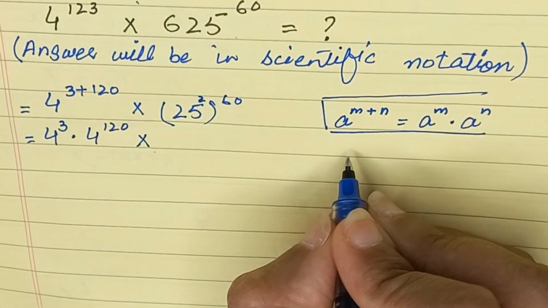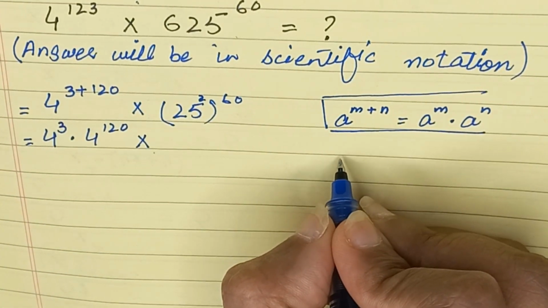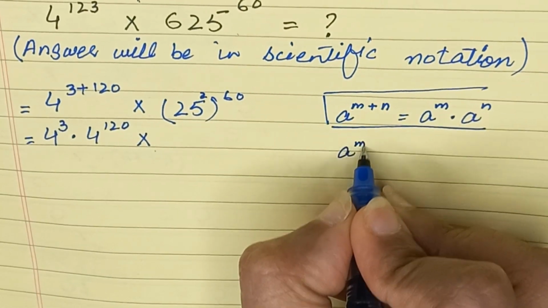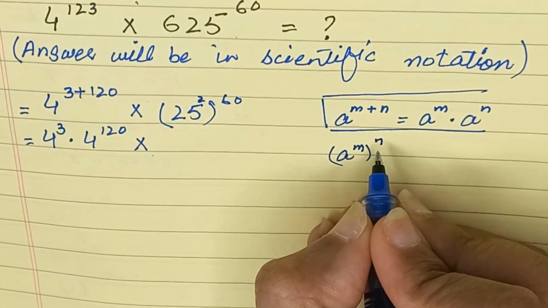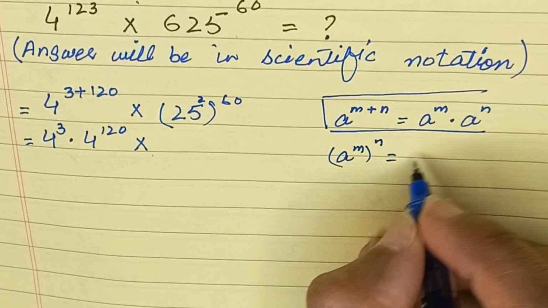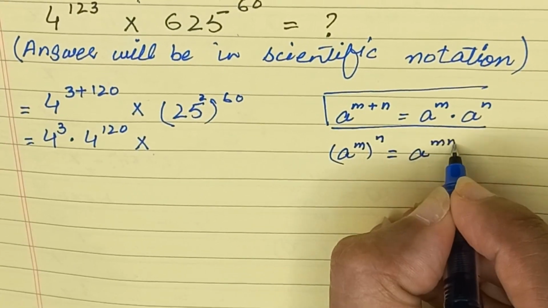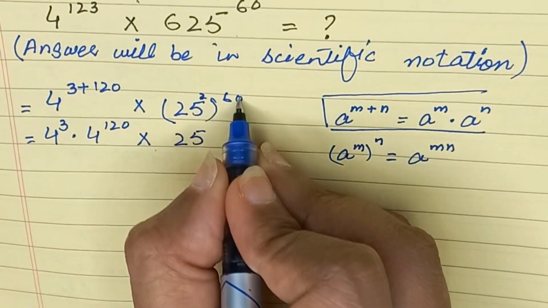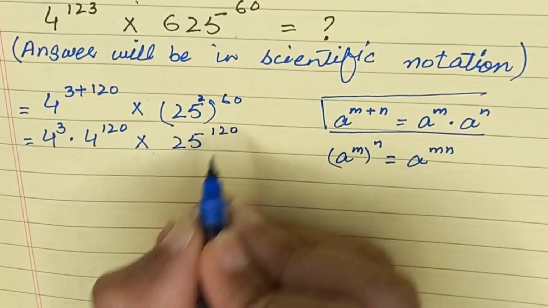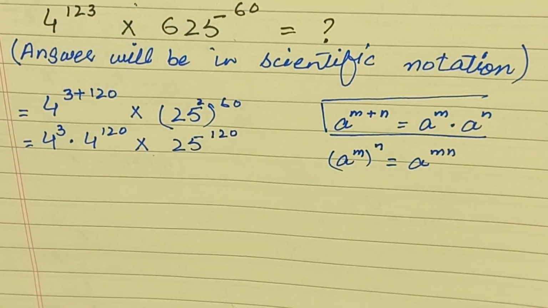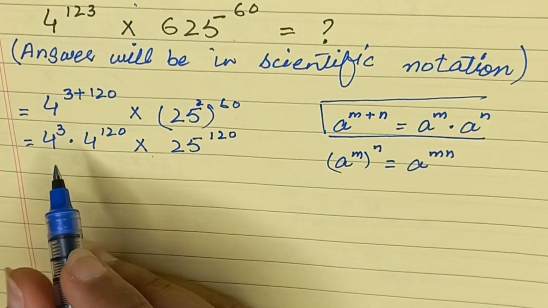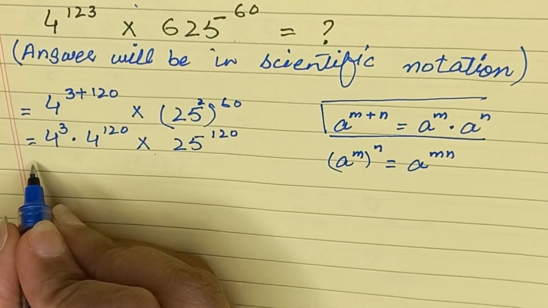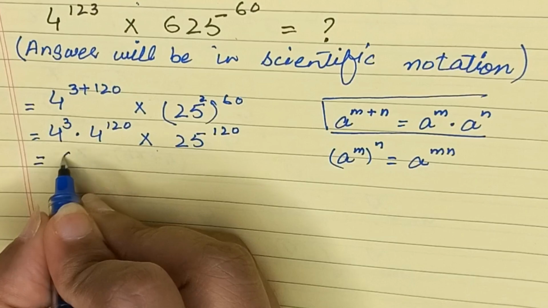And here we have used this exponential rule, which is a raised to the power m whole power n, equal to a raised to the power mn. So it will become 25 raised to the power 2 into 60 is 120. So from here 4 raised to the power 3 is equal to 64,